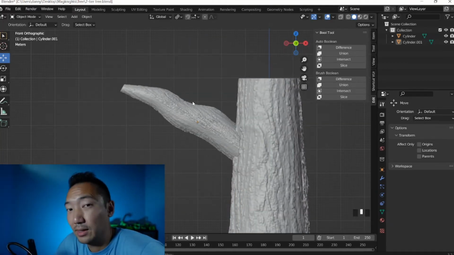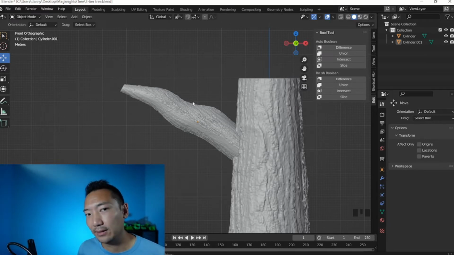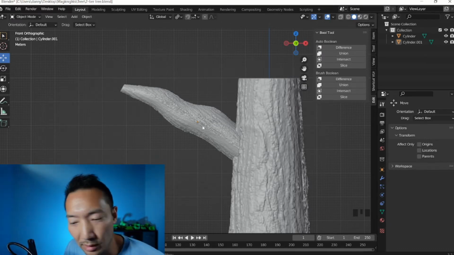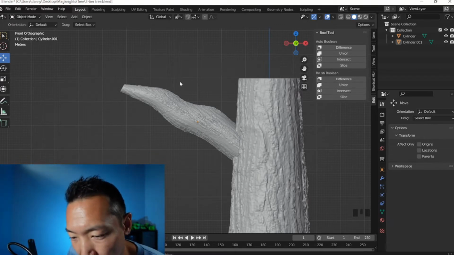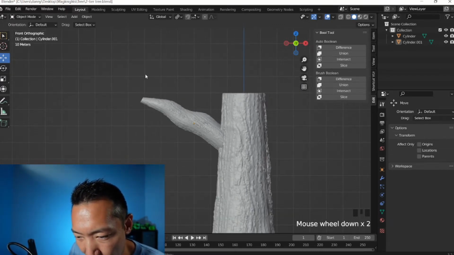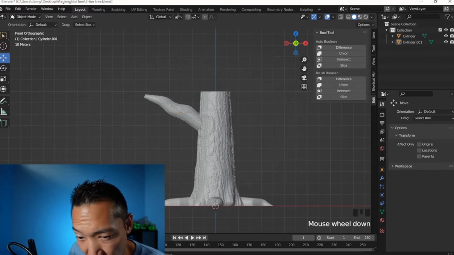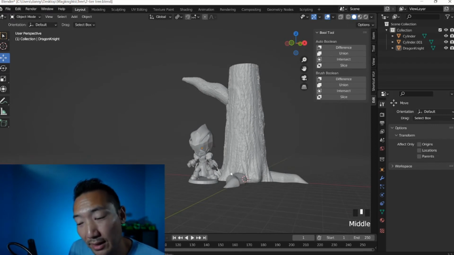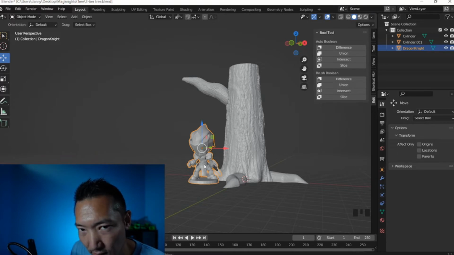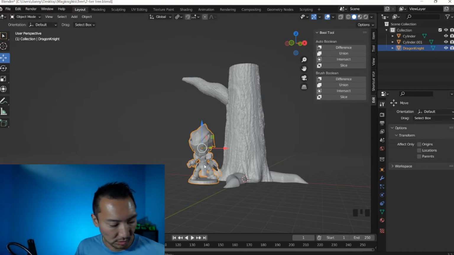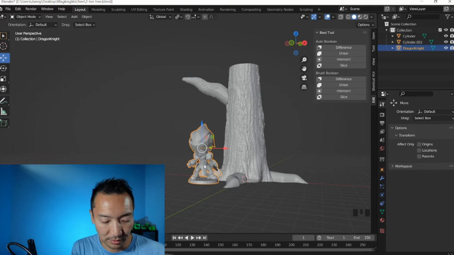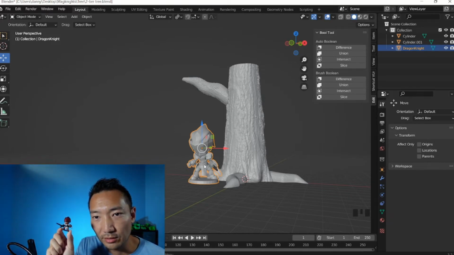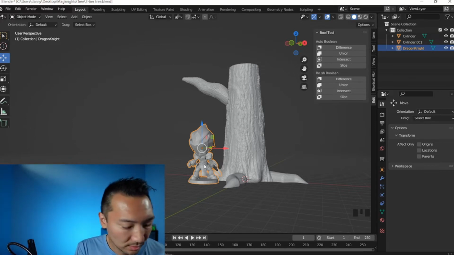And I'm gonna make the two branches exactly identical. So before I start on the other one, I'm gonna finish up this one. And what I want to happen is, and this is kind of like a pro tip. Okay, so I imported my Dragon Knight STL that's completely assembled, even with the base. And in real life, it looks like this. It's cute, right? I don't know if you can see it. It's gonna be super tiny, but